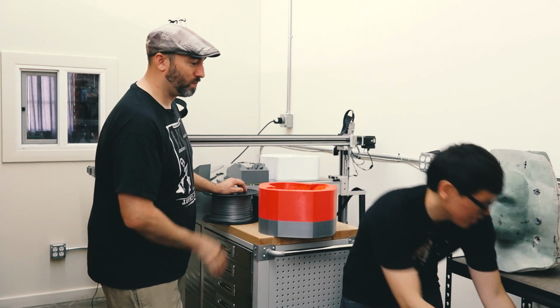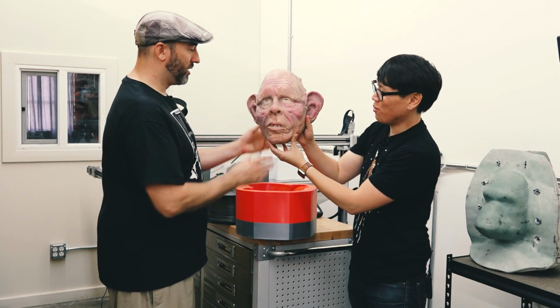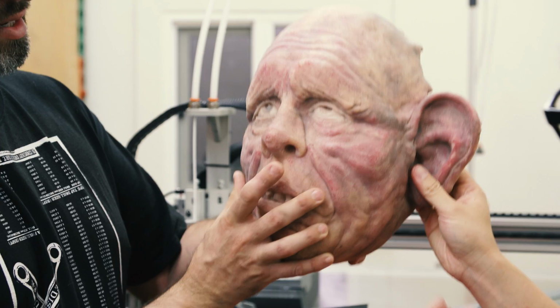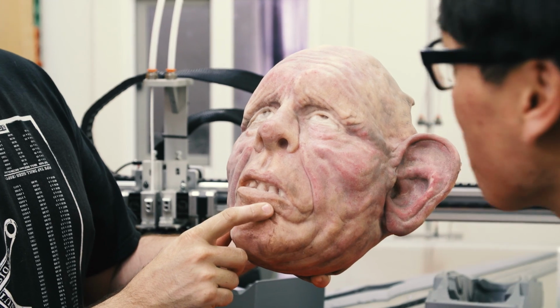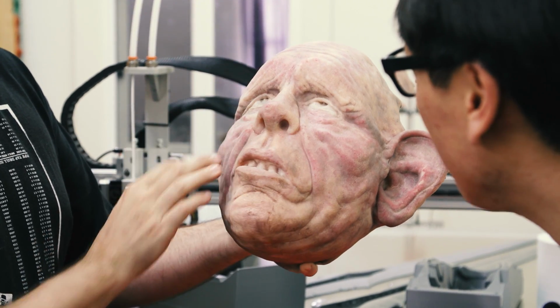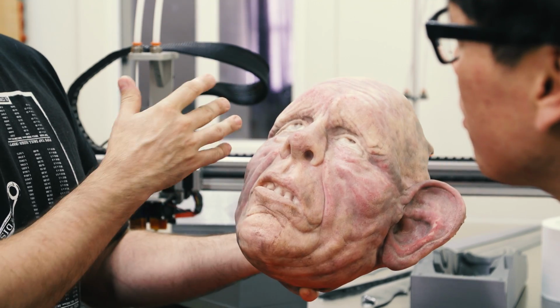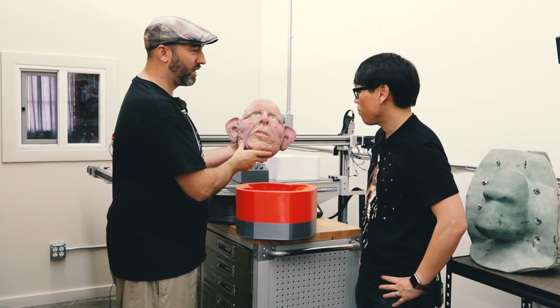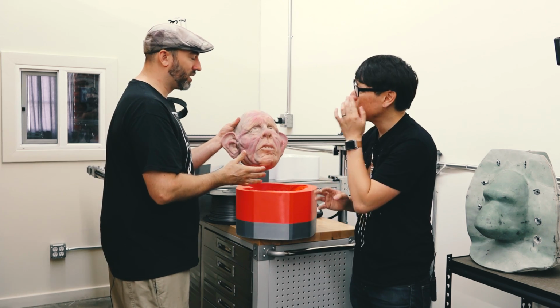All right, and that is this guy. Whoa. Yeah, so what Eddie did is he cast all these layers. All these different colors on here are different layers of silicone. So you could put in the fleshy bits and then some reds and then some browns and blues, and then once you have this, then you do a light wash of paint and it'll tie everything together. So it's kind of intrinsically painting things. So that's kind of what we're experimenting with,